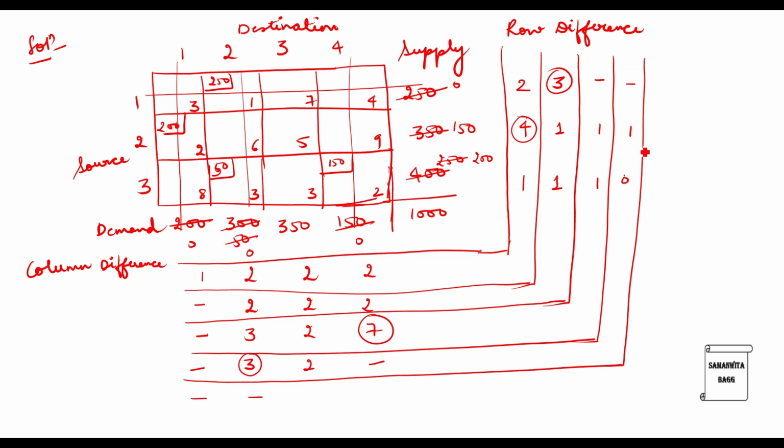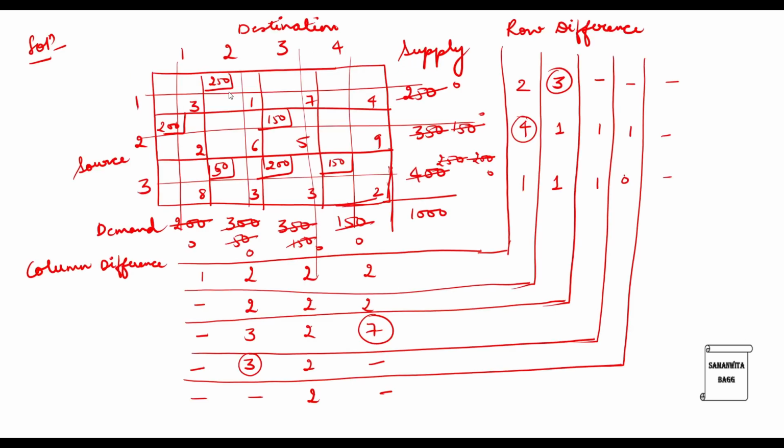Now this row and column is gone. Here 5 minus 3 is 2. So you can see here there is only column difference. There is no row difference that is going to exist because there is only 1 number. So you can directly go for allocation at this stage. 5 and 3, minimum value is 3. The corresponding supply is 200, demand is 350. So I will allocate 200 and make this 0. This will become 150. Now this is the last cell left. Supply is 150, demand is 150. I will allocate and make this 0. So this gets cancelled and so does this get cancelled. So we have got the allocations.